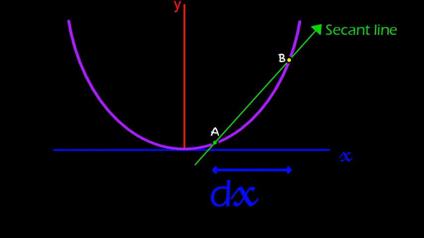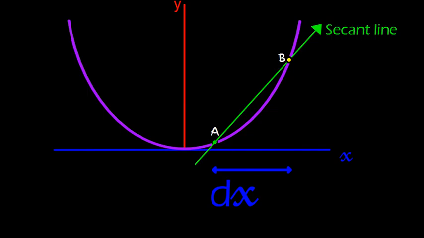Now imagine that we've got a graph. It's kind of like a graph of x times x, or a graph of x squared, and it's a little bit like the half pipe. Imagine you're stood at point A and you're trying to figure out how steep the slope is. Well, you could use a big long measuring stick, and you'd have to put the other end of it up on the side of the half pipe, but that won't show you how steep it is where you're stood. So the distance along the bottom between where you're stood and the other end of your stick is called dx,